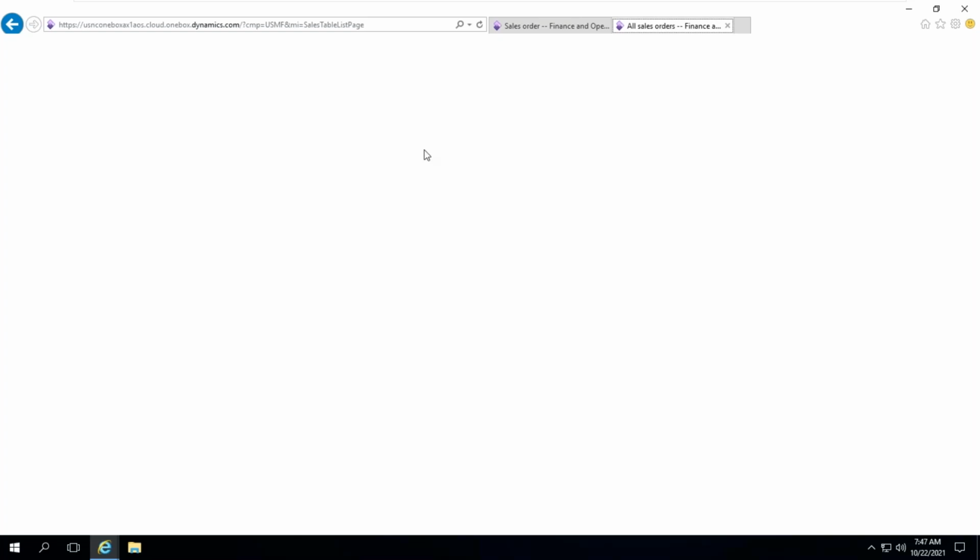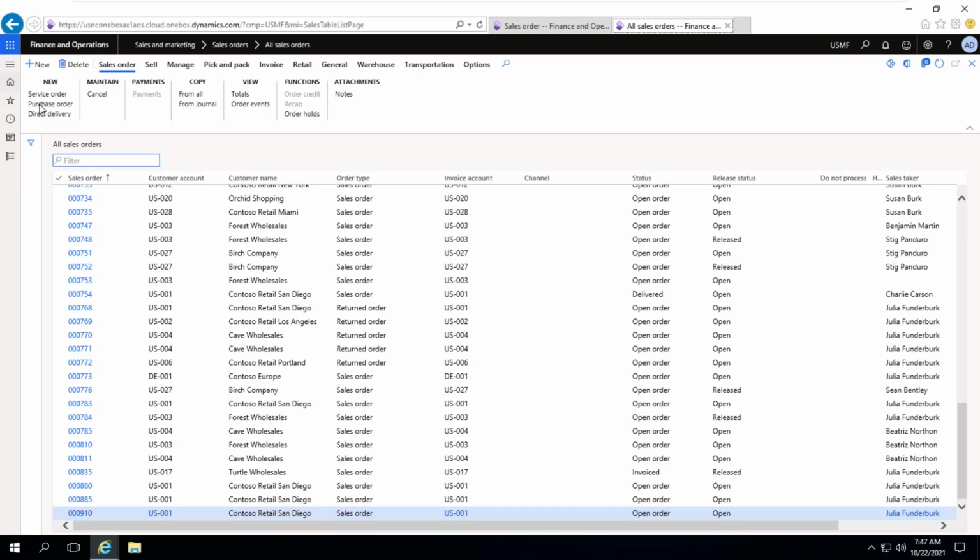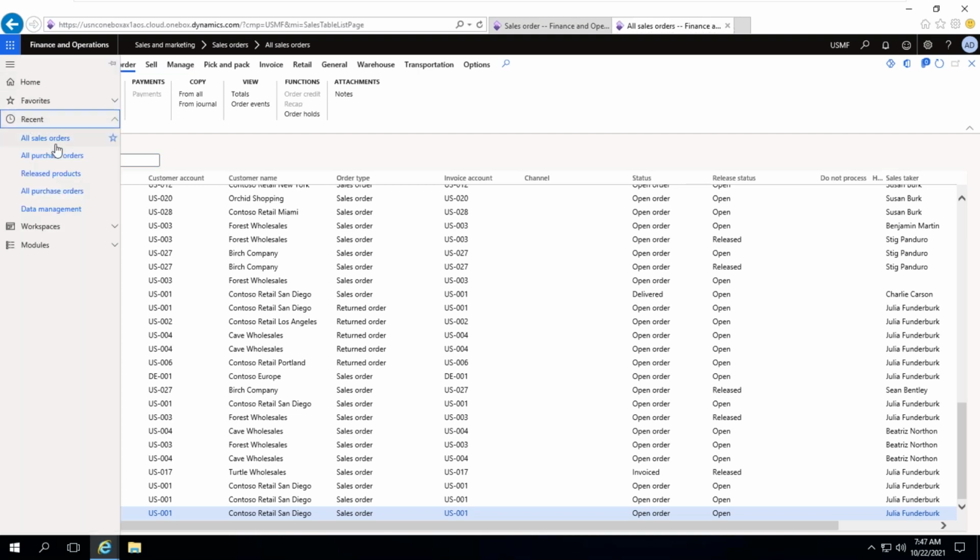Okay, let me show you on hand inventory. And here you can see the recently clicked buttons. You can go directly to released products. This is a shortcut because we have already used released products. Whatever recent action you did on those menu items, it will show you.